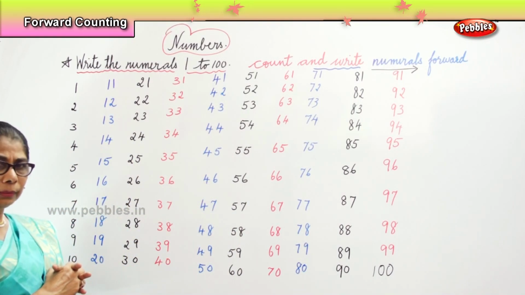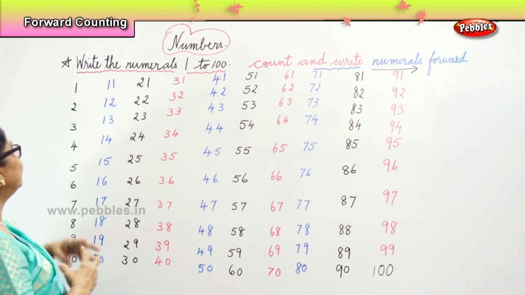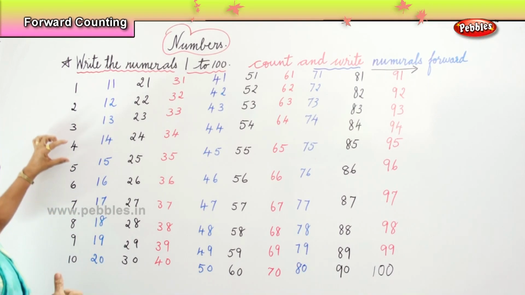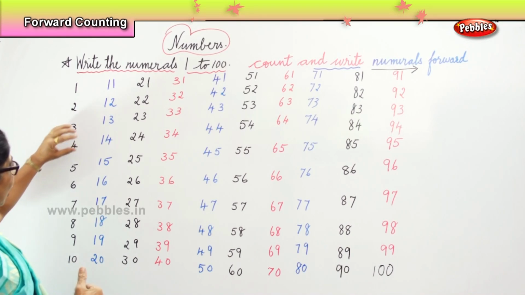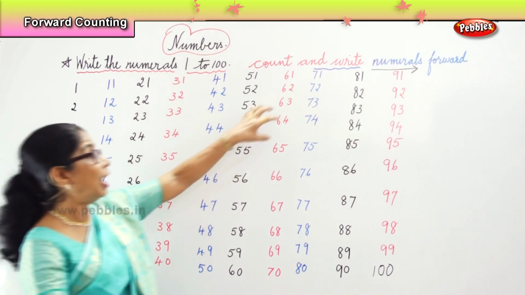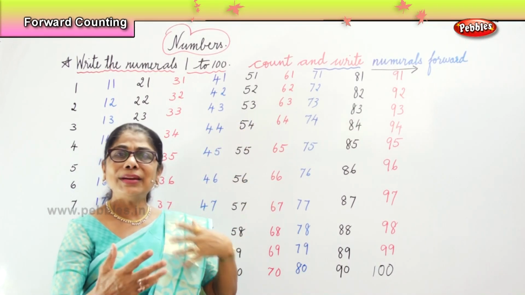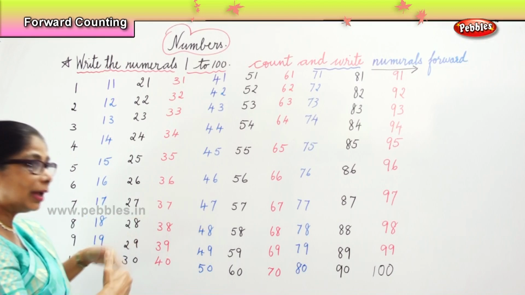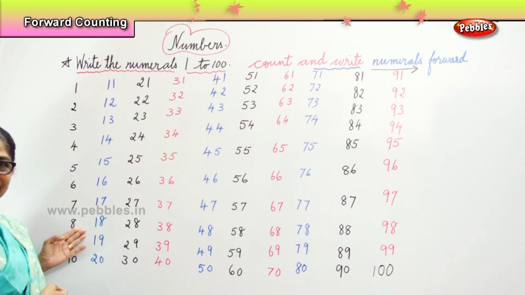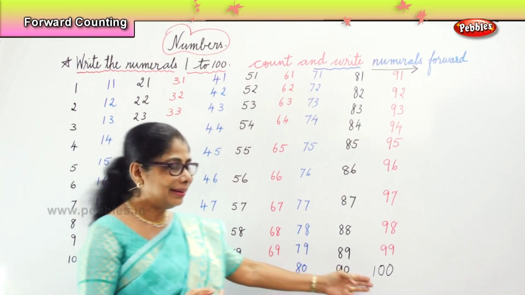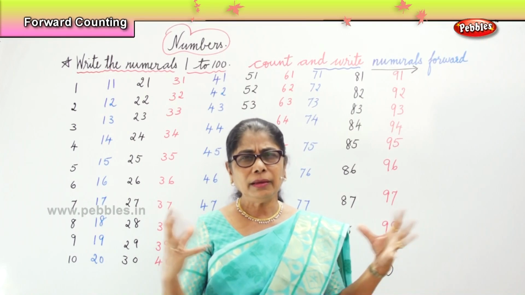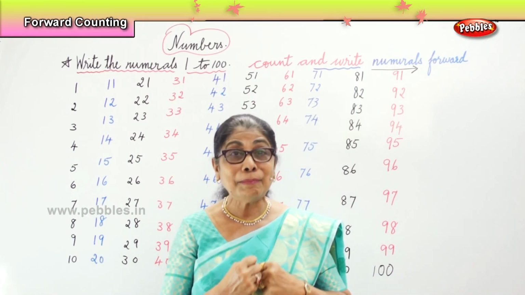Look at all the numbers here. What number comes after 3? What follows? Forward counting. 3, then 4. After 14, 15. After 46, 47. After 63, 64. So numbers. Okay, now let's look at what is before. Before 10? 9. Before 100? 99. So we are going to do all kinds of very interesting things about numbers.